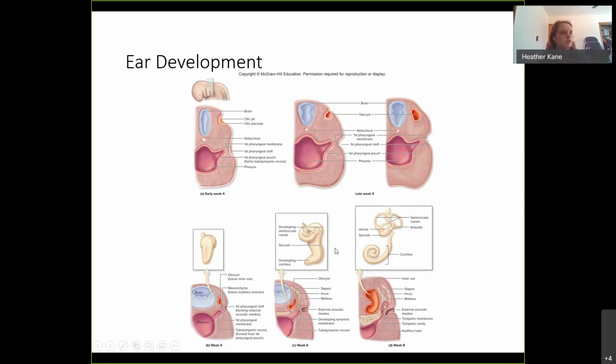The actual cochlea is going to develop during week 8. This is that C-shelled organ that is going to be fully developed by about week 9. So by about week 12, that is going to be when the baby is going to be able to actually hear, pick up sounds. That isn't to say that that baby will be able to interpret those sounds, but it will be able to at least